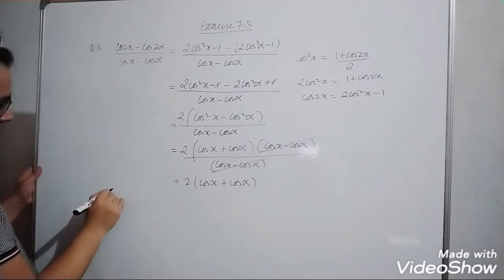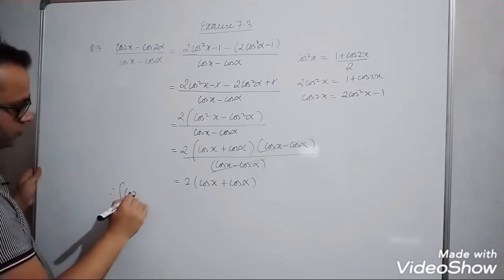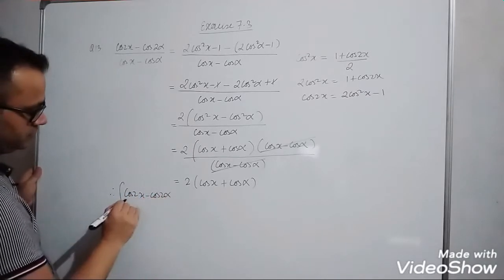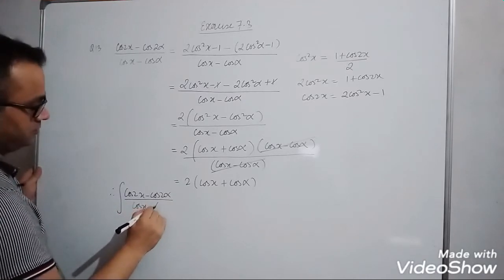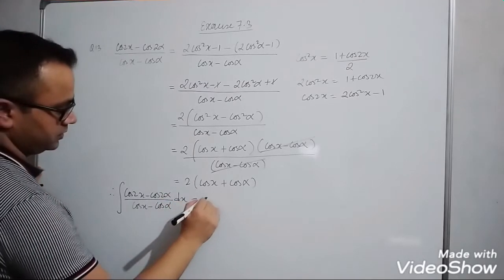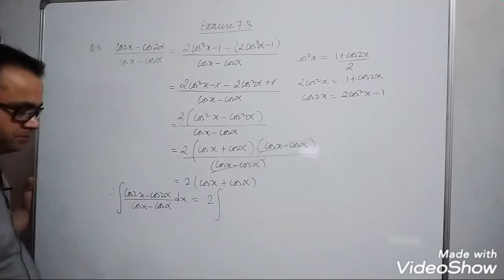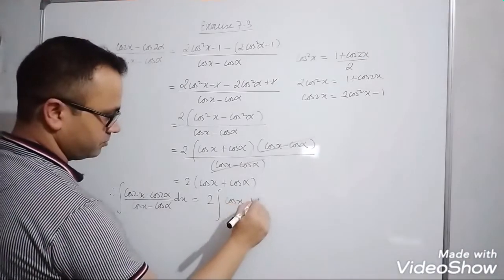Therefore, the integration of cos 2x minus cos 2 alpha divided by cos x minus cos alpha dx equals, taking 2 outside, 2 times the integration of cos x plus cos alpha